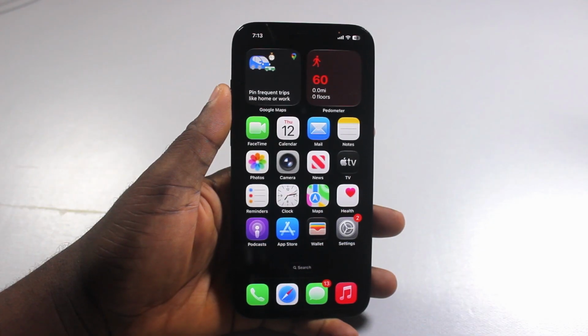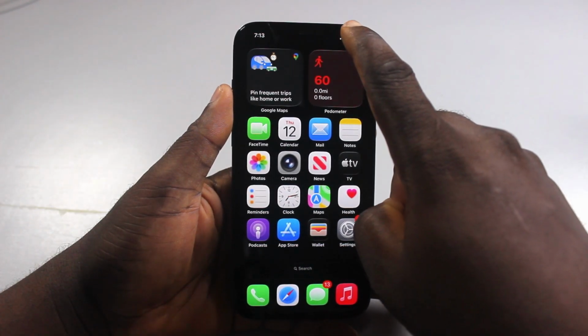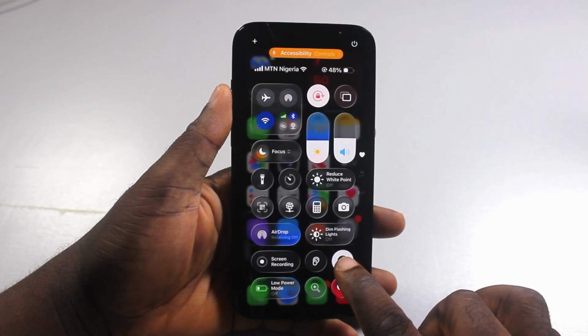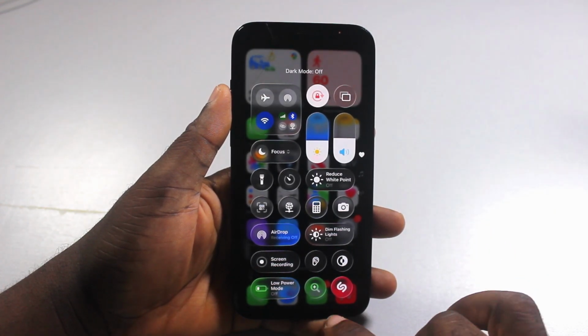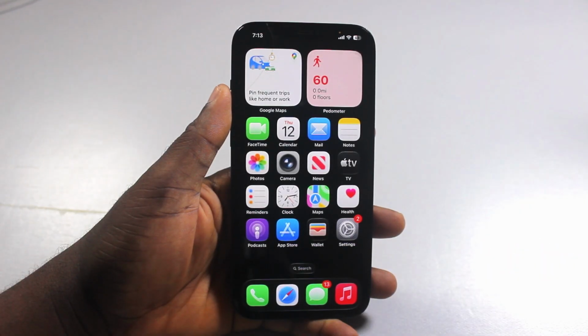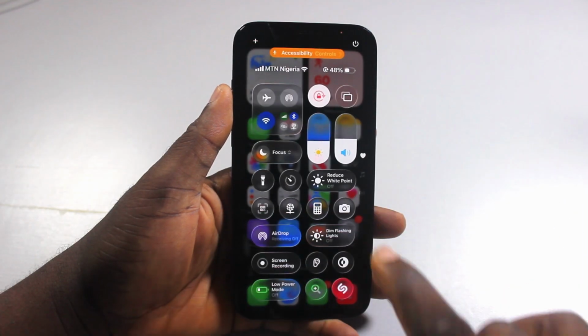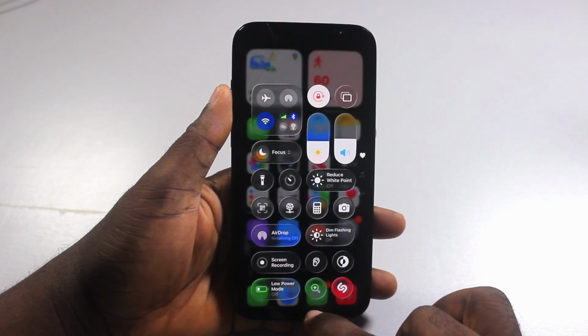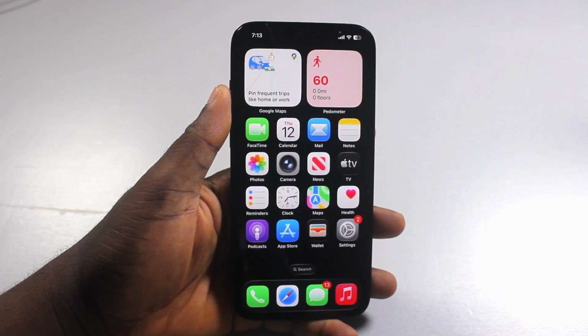Now to turn on or turn off dark mode on iOS 26, all you simply need to do is swipe down the control center, locate dark mode, then click on it. This is going to turn off dark mode. To turn it on, swipe down the control center and then click on dark mode. Alternatively, to turn off or turn on